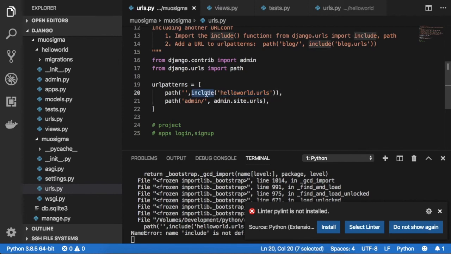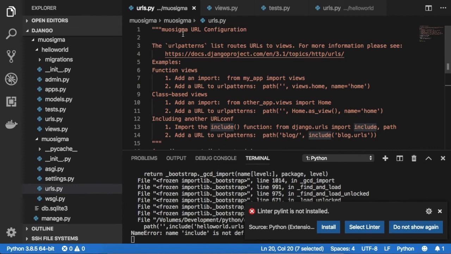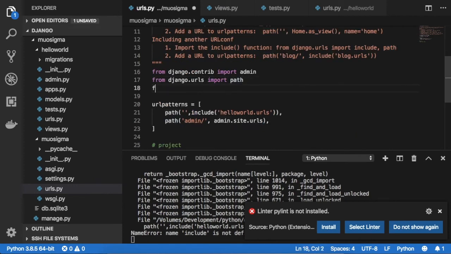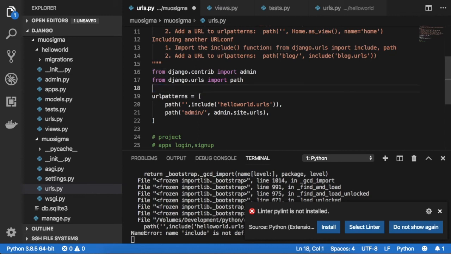If you are using the include function, you also need to import this include function here at the top. So you can do it like this, just put a comma here and write include. That's it.